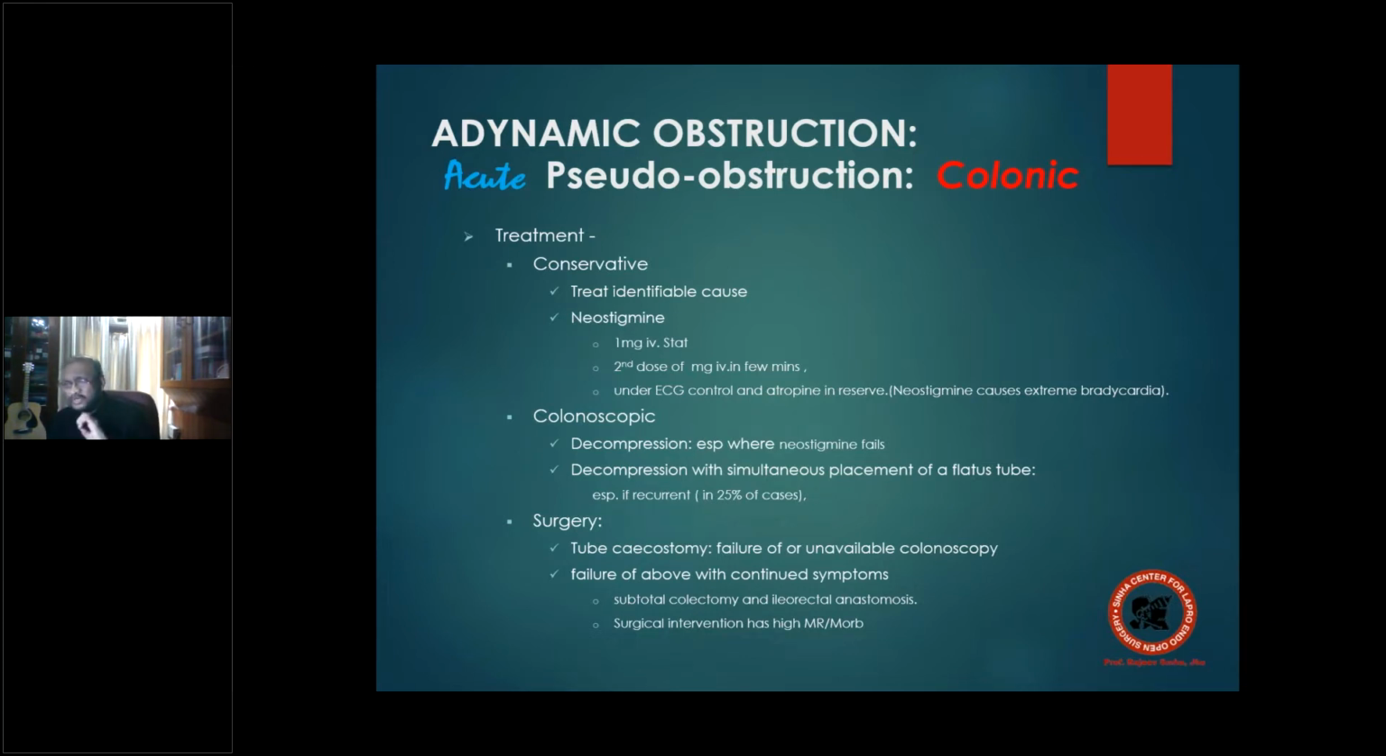The second alternative that you have for treating is colonoscopic, and best is just doing a colonoscopic decompression, especially where the neostigmine has not worked. You put in a colonoscope, and the distension goes away. Why? Because of a huge output of gaseous content from the colon. If you remove the colonoscope and you still have a recurrence, just leave a flatus tube behind. So decompression, or decompression with simultaneous placement of a flatus tube, which ensures permanent decompression for 24 hours or